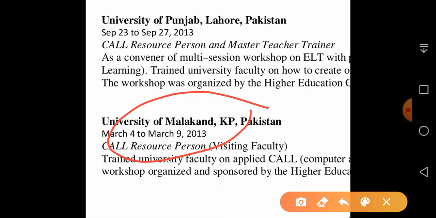As I was a master trainer, I shared a lot of tools with the faculty there. After this, in the same year, after 5 or 6 months, I was sent to Lahore, as you can see here, University of Punjab, where again